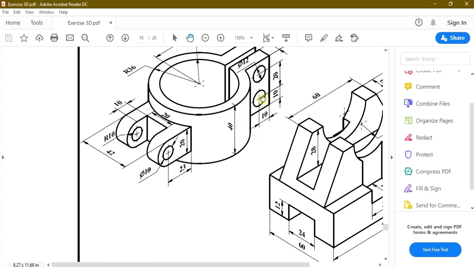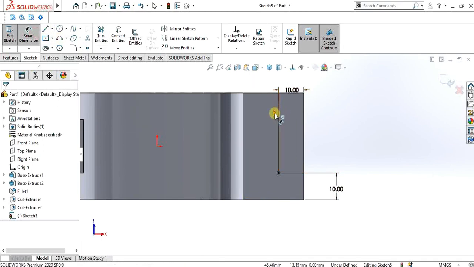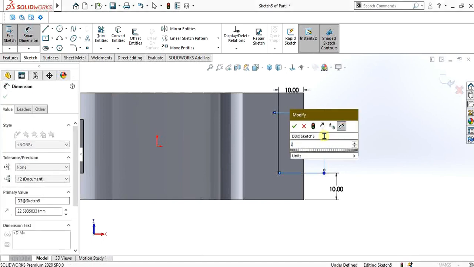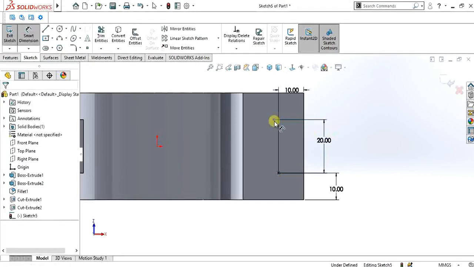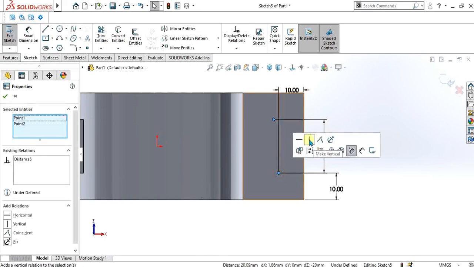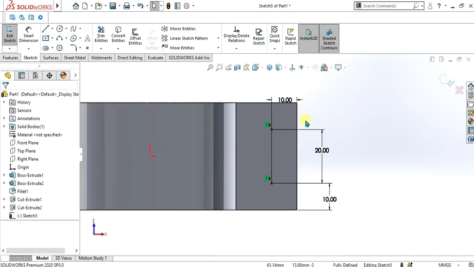So the distance between the centers of the two circles is 20. So we are going to give the dimension of 20 mm to these points and make these 2 points vertical like this. So you can see that our sketch is fully defined.